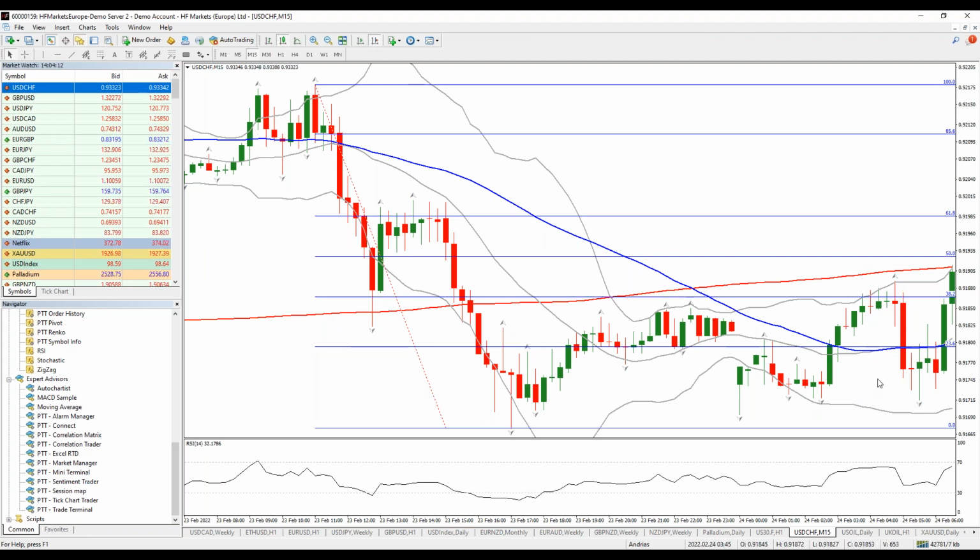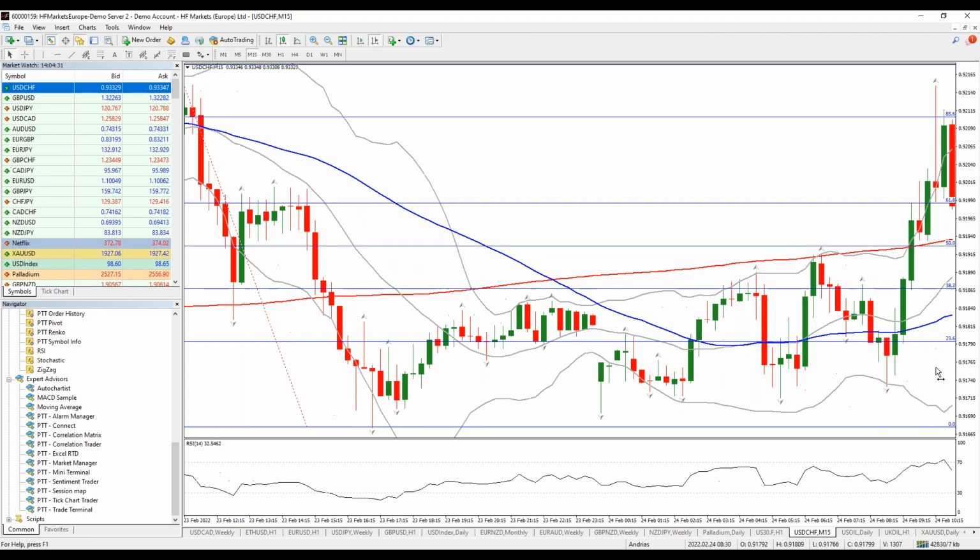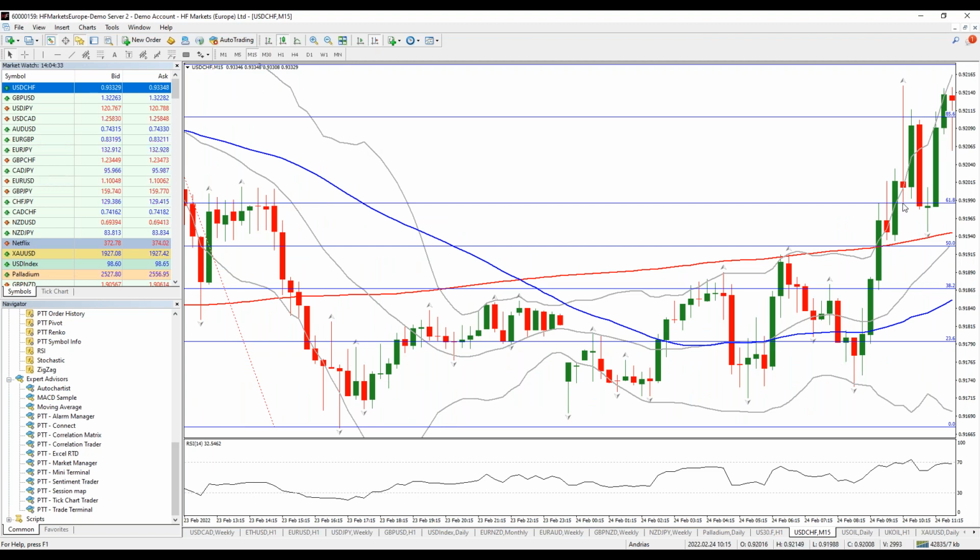It's not something that we can trust. It went down, sideways, big candle, breaking the 23.6, but didn't break the 38 until it eventually broke it, but it didn't manage to breach the 50%, so it came back down and so on and so forth until eventually it managed to